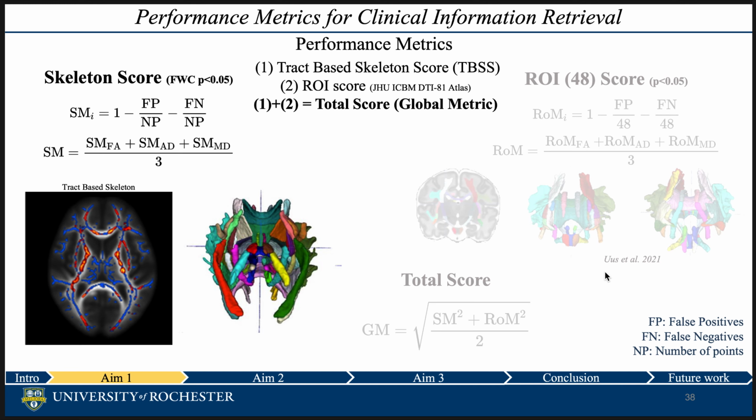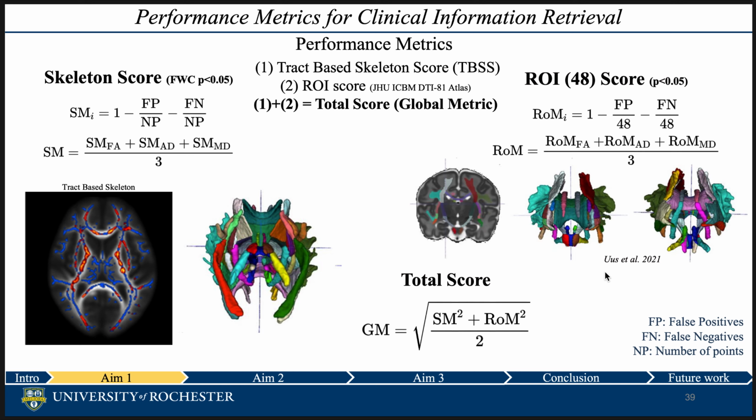So how do we understand if there are any clinical differences, or if any clinical information is getting lost in the process? To evaluate that in our model, in our scoring system, we use two performance metrics. One is the tract-based skeleton score system. Another one is the JHU-based ROI scoring system. In both scoring systems, we penalized the false positive and false negative rates of the different reconstruction techniques